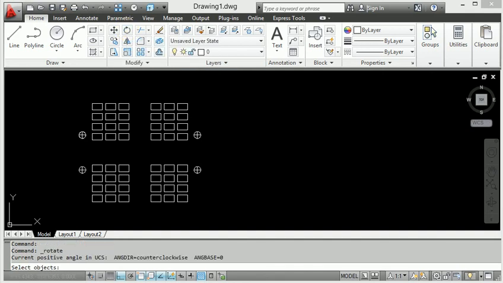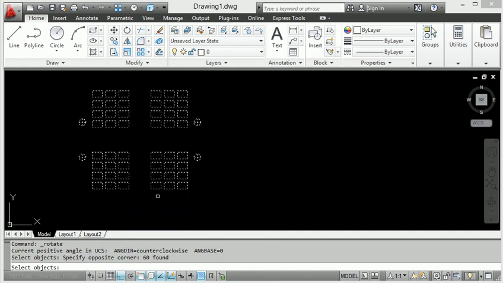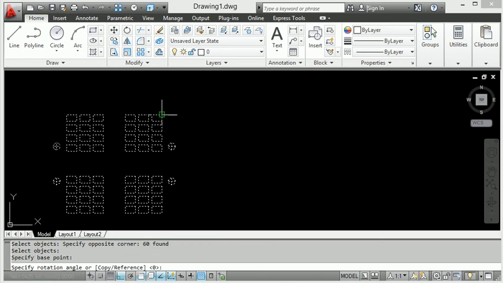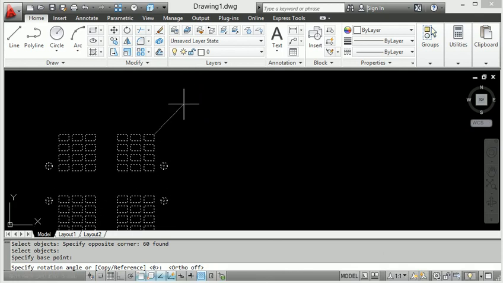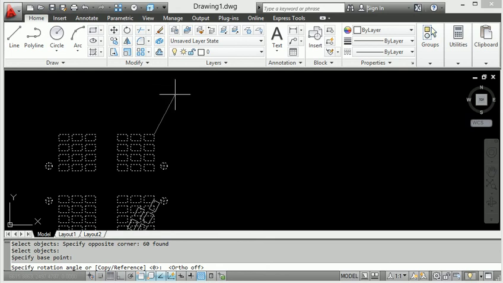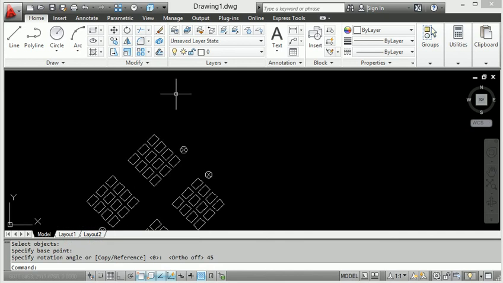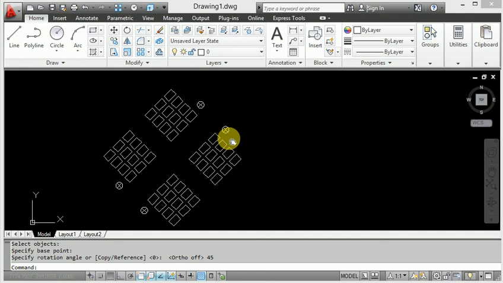Press enter, select the whole diagram, press enter and start from this particular point. If I enter 45 degrees, we have to decide which direction to rotate. So this direction I will rotate. Press 45 and enter. So it looks like this is the whole diagram rotated by 45 degrees.